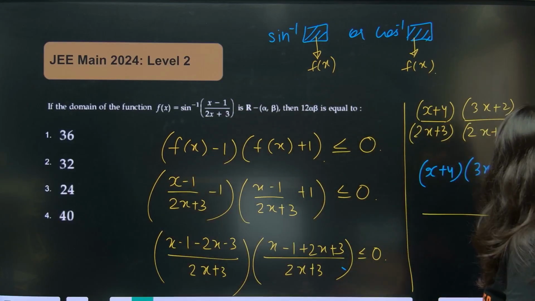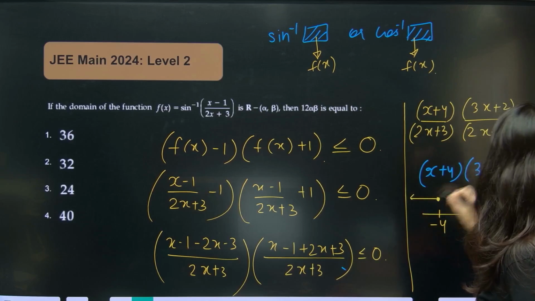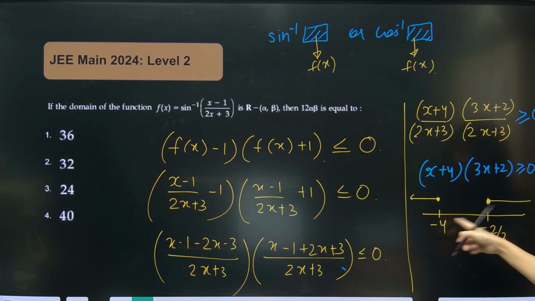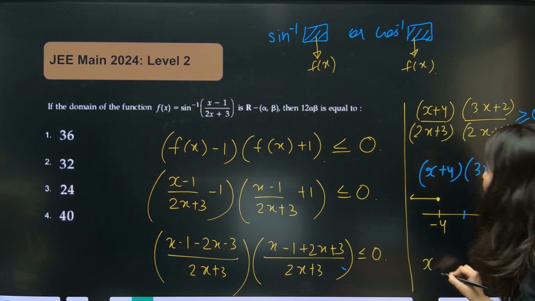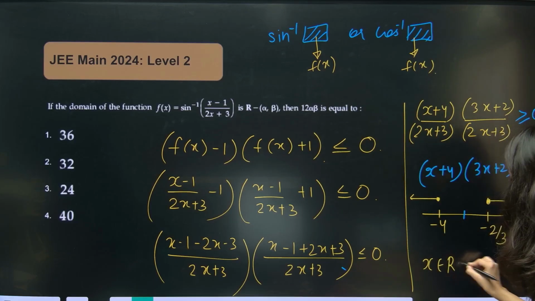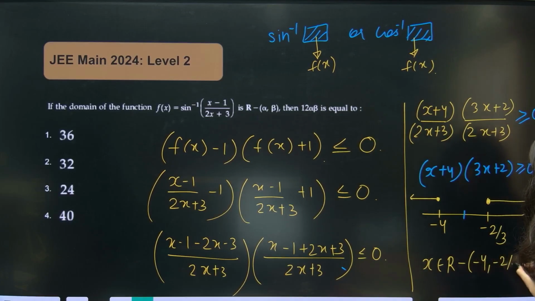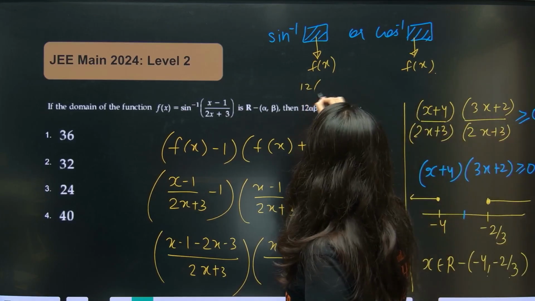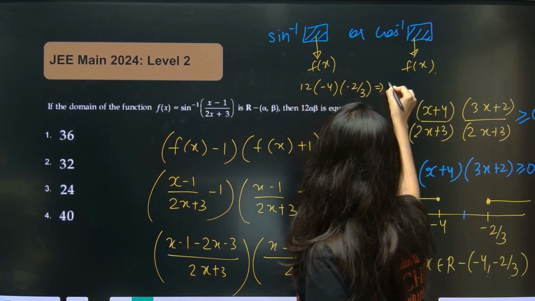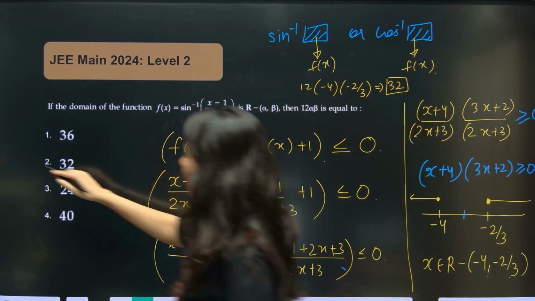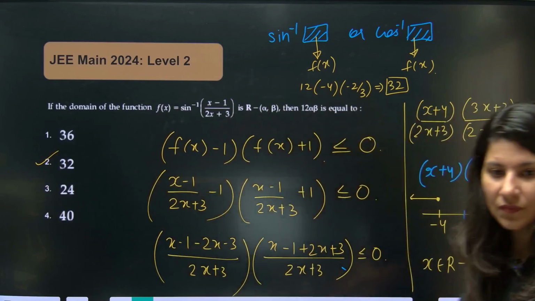So now what we are going to get is minus 4 and minus 2 by 3. So this is how it is. And minus 3 by 2, you don't have to write anyway, it will lie over here, which we are not taking anyway. So x belongs to all real values except minus 4 to minus 2 by 3. So this is your alpha, this is your beta. Minus 4 minus 2 by 3 is minus 4 times 3, 12, minus 4, minus 2 by 3. So 4, 4 4s are 16, 32. Easy now? Easy method, everyone.